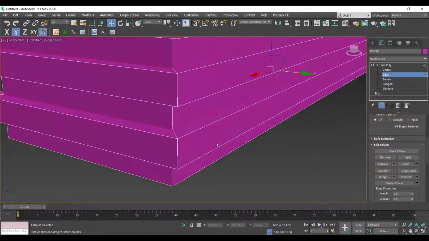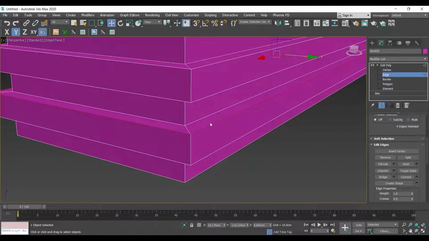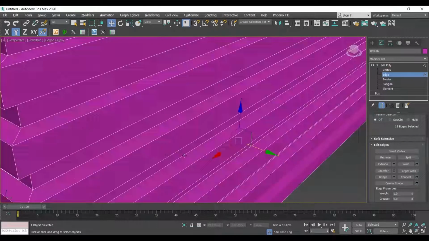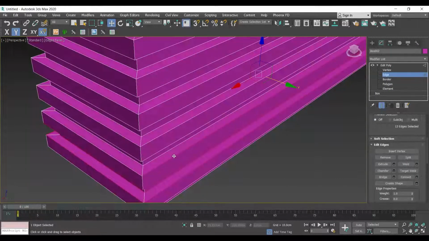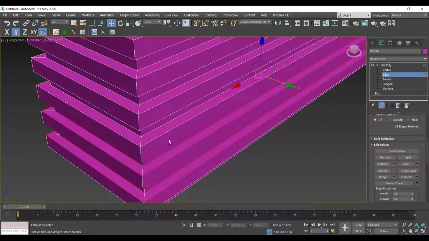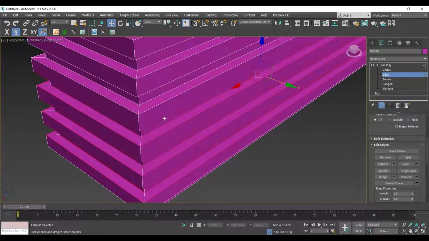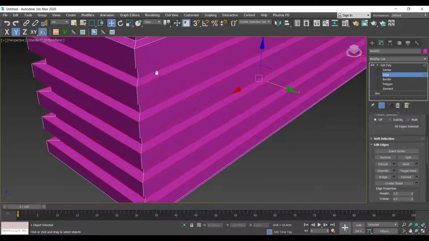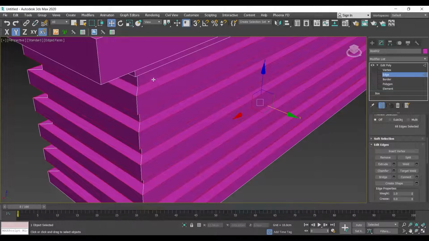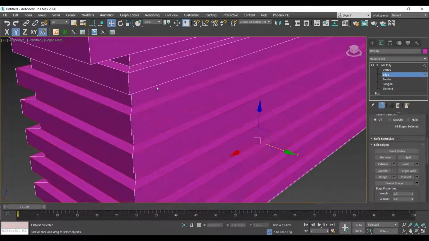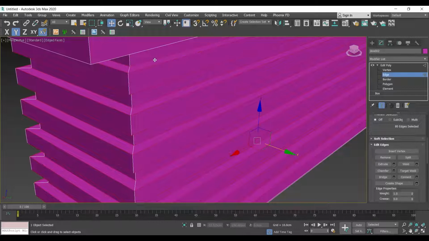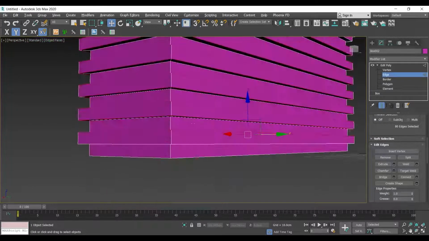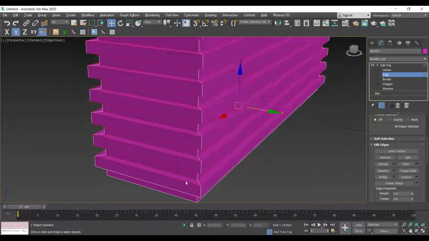So I'm going to go edges again. I'm going to select this edge, control, this loop. So I'm double clicking to select the whole loop. I'm going to select the ones from the top first. So this. So I'm double clicking. Okay, just making sure I'm not going to skip any one of those. But if I already skipped, it's not a big deal. I can just go back and select it